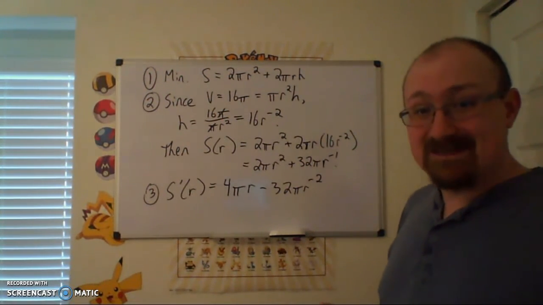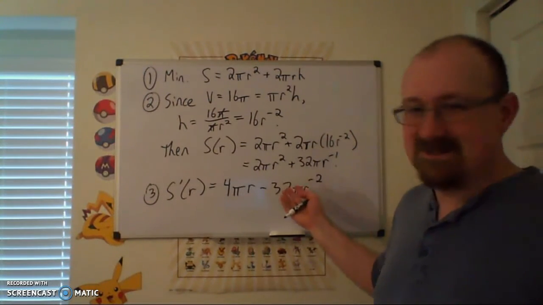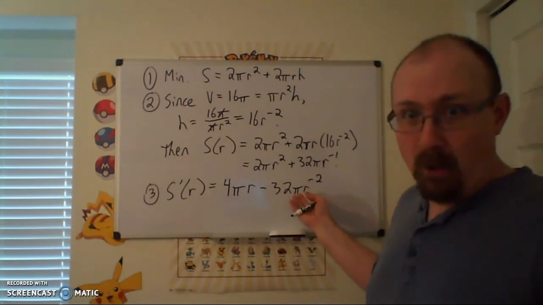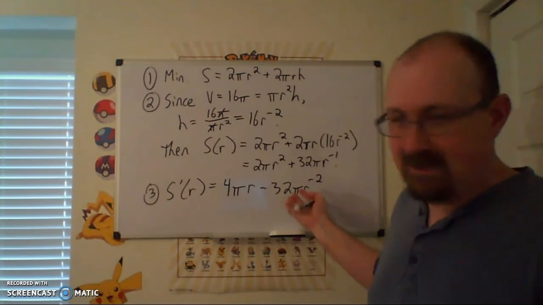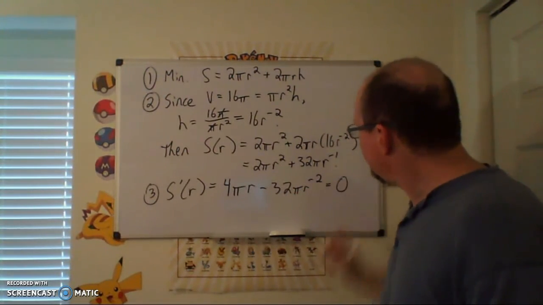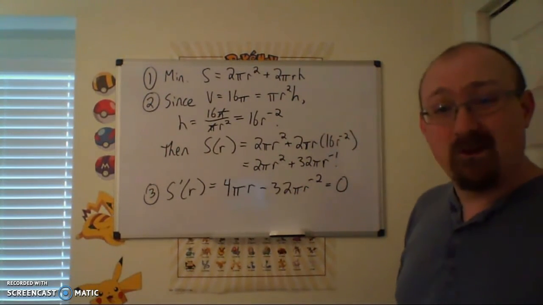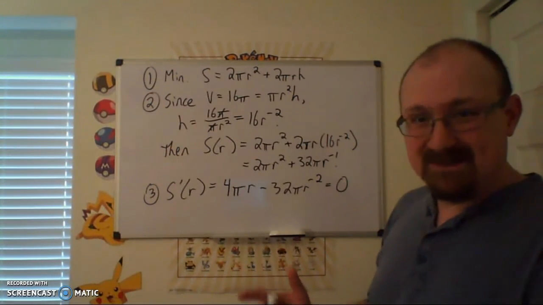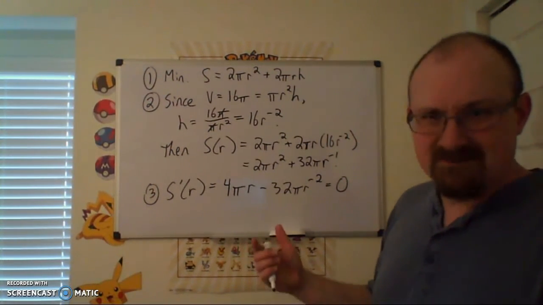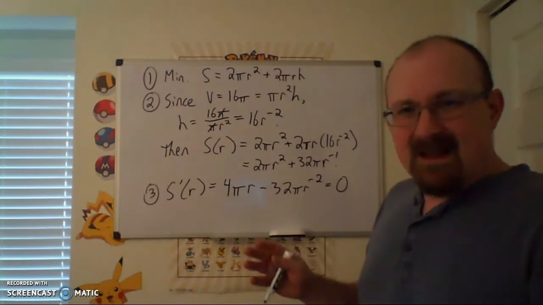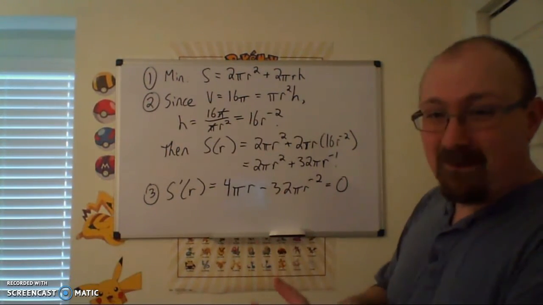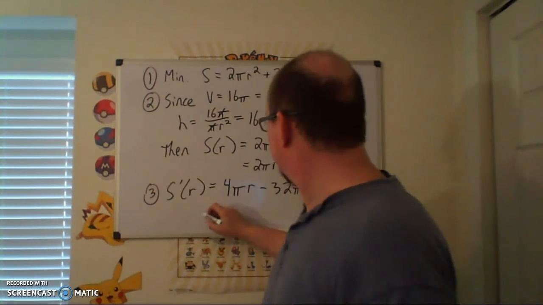Like with our very first example, this is undefined when r is 0, but we aren't going to be telling our bosses, don't make a can at all. That isn't going to get us a good paycheck. So we take this thing, we set it equal to 0, and now we solve for r. I'm short on board space, as you can tell. Pikachu keeps telling me about it. So I'm going to hop over some of the algebra here. Maneuvering this thing around is going to end up giving us